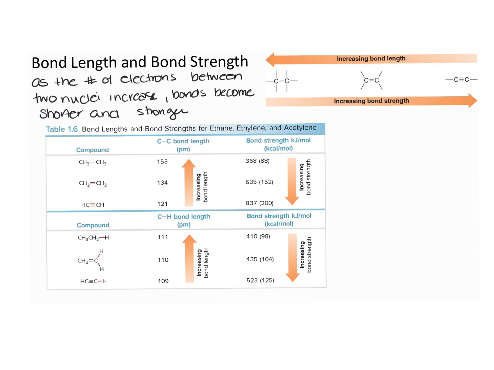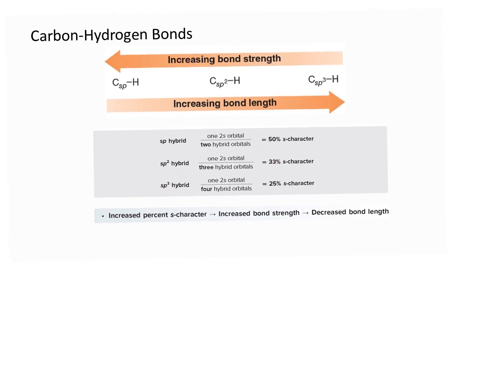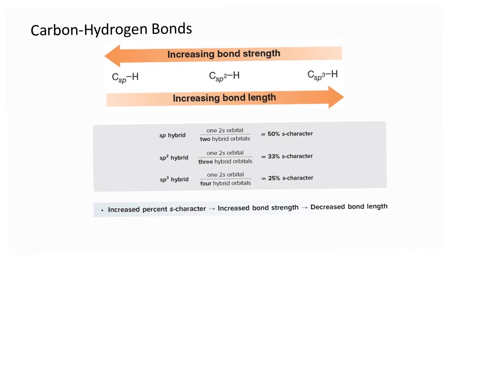Let's also look at carbon-hydrogen bonds. So when we come over here to look at carbon-hydrogen bonds, what we find is the length and the strength of a carbon-hydrogen bond here, here, and here varies depending on the hybridization of the carbon atom. And so to understand why, we need to look at the atomic orbitals used to form each type of hybrid orbital here. And so one of the things I want to review, we talked about this in a previous screencast,